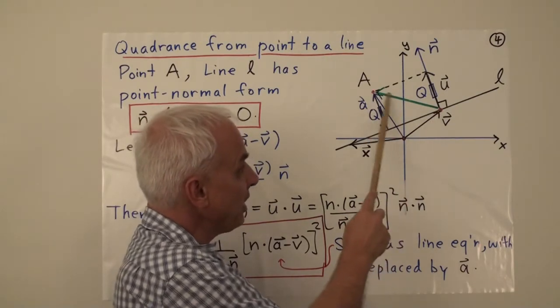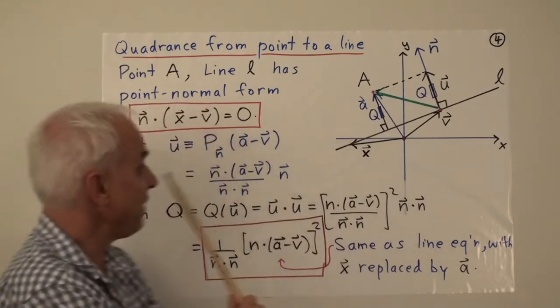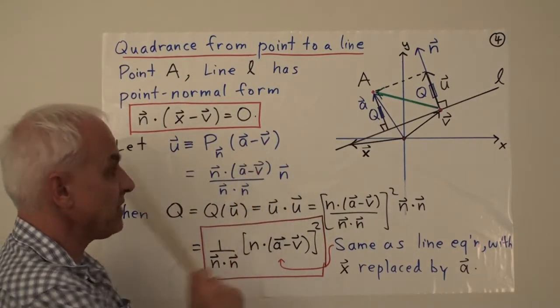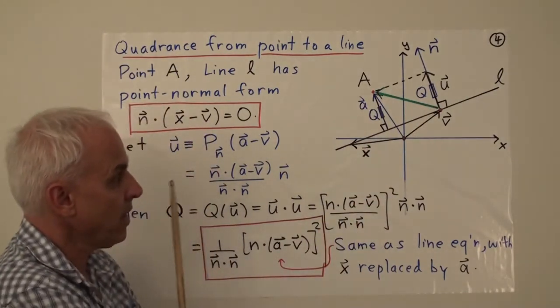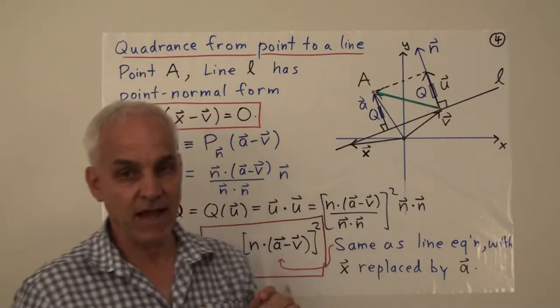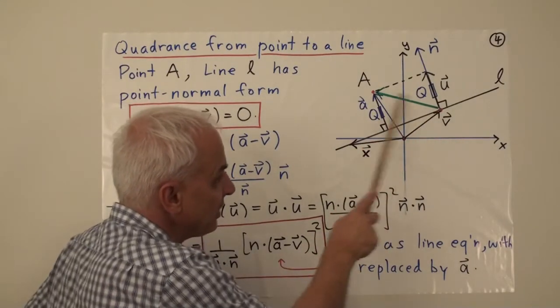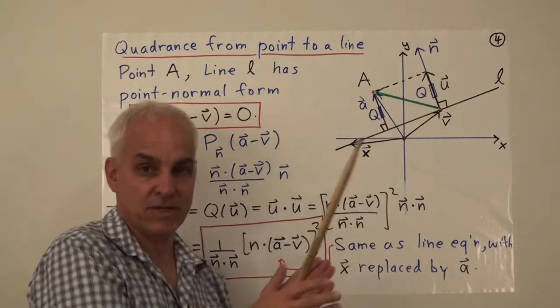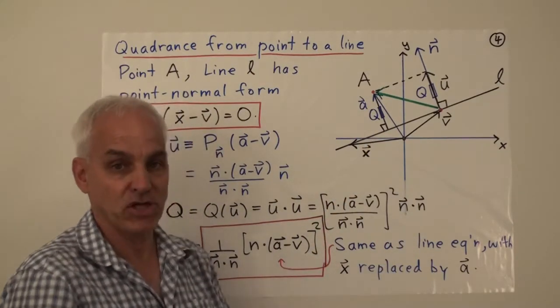This vector in green here, going from the head of v to the head of A, is the vector A minus v. That's that green vector that you see there. And what we're going to do is project that vector onto the vector n. Now notice that these two vectors are emanating from the same point. So that's our usual diagram when we're about to do a projection.